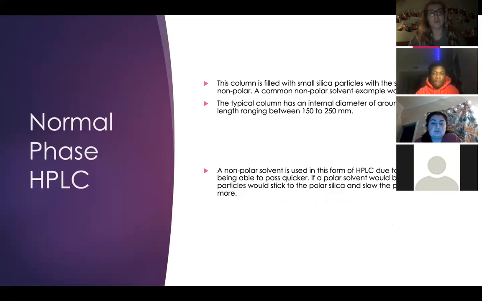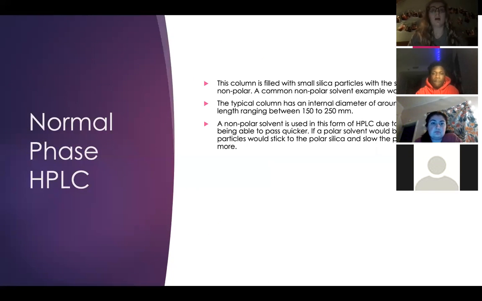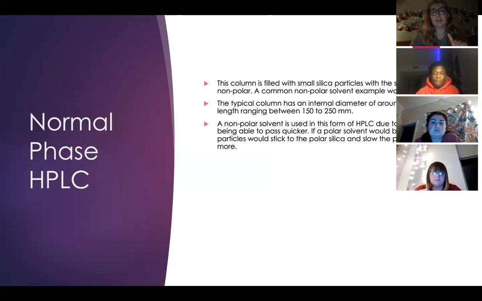So what is normal phase HPLC? This column is filled with small silica particles with the solvent being nonpolar. A common nonpolar solvent example would be hexane. The typical column has an internal diameter of around 4.6 millimeters and a length ranging between 150 to 250 millimeters. A nonpolar solvent is used in this form of HPLC due to the particles being able to pass quicker. If a polar solvent had been used, the particles would stick to the polar silica and slow the process